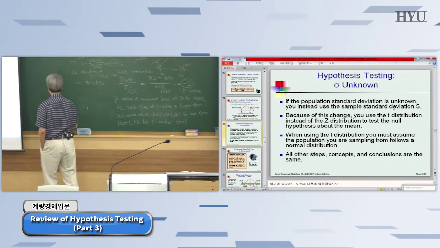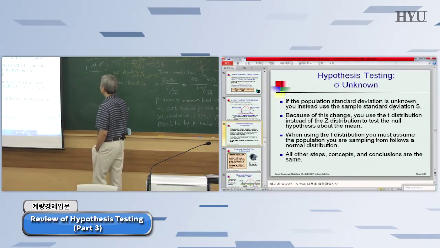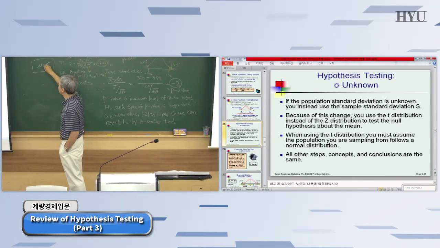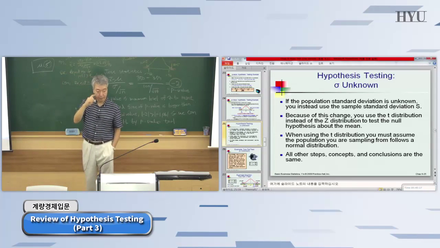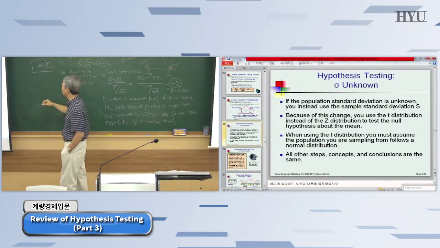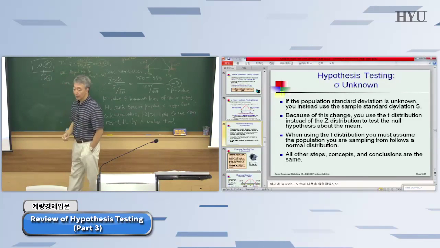If for some reason the population standard deviation was known, then you could use the z-test. But if this is unknown, then you take a small sample and calculate the sample